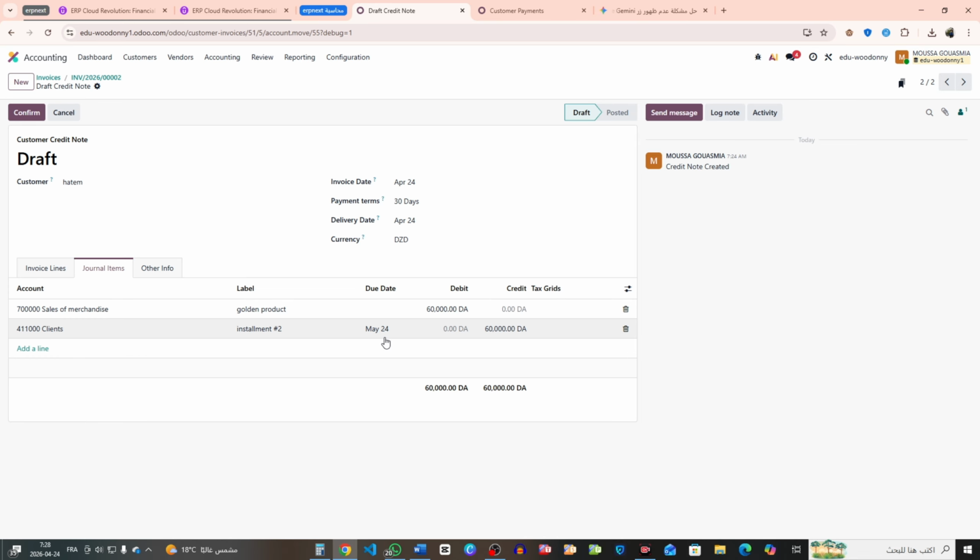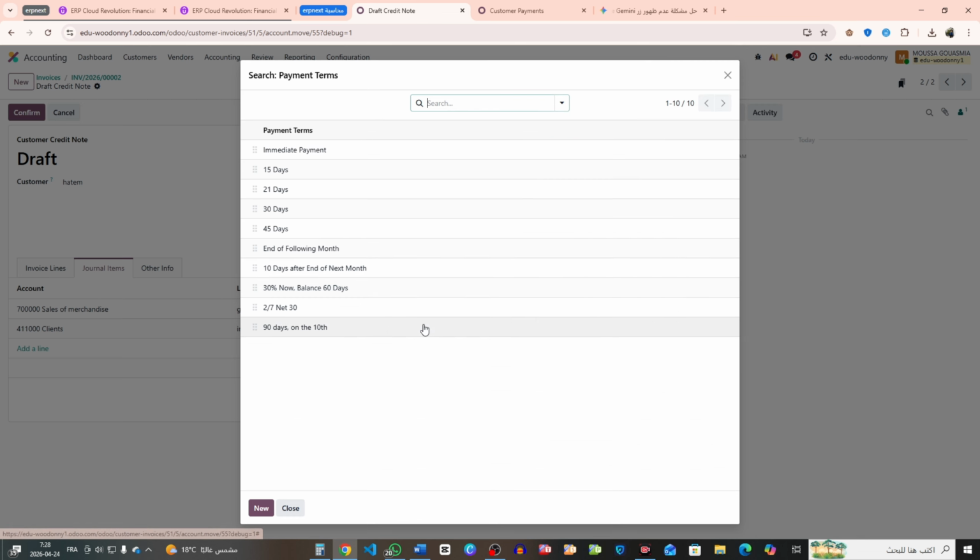Now we will choose another payment term, for example here, 30 days. Click save, and now we will see all the payment collected in May 24. You can choose any terms from here. And if we choose this,